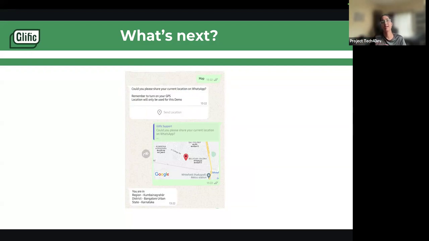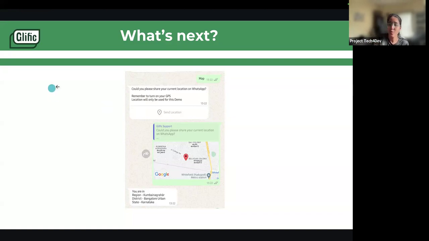Earlier the problem was that if you ask a user for the location, a lot of people don't know how to send it, because it's a 4-step process. They have to click on attachments, then there's a map option, there's a live option, and the other option they have to click on. A lot of users do not know how to do this. So this is one amazing thing Meta has come out with, send location, where I can just click on it and my current location is automatically sent. But again, the user should have GPS on. If the user doesn't have GPS on, a nudge will come saying you have to keep your GPS on.